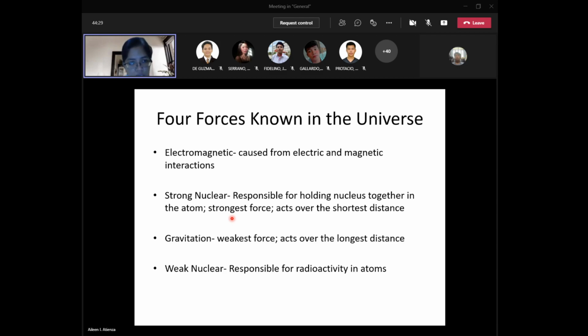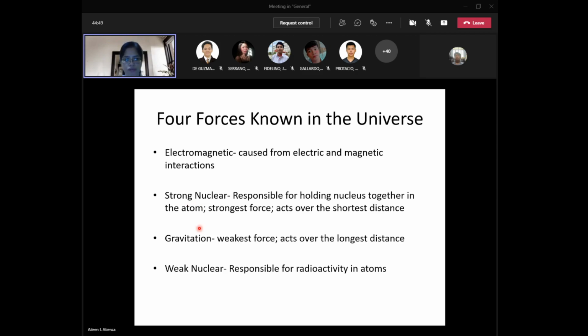And then revolving around the nucleus, we have the electrons. And that force that is existing, okay, inside the nucleus and the electrons are what we call as strong nuclear